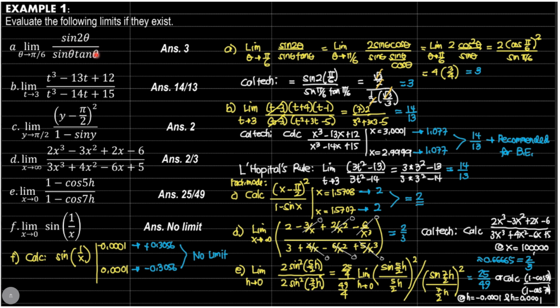That's the calculator technique. That is sine of 2 times pi over 6 divided by sine of quantity pi over 6 tangent of pi over 6. And using your calculator, it will give you 3. Although in this case, I still simplify it into sine of pi over 3, which is square root of 3 over 2, over sine pi over 6, 1/2, and tangent pi over 6, square root of 3 over 3. Cancel square root of 3, cancel 2. This 3 becomes the numerator, so that's why the answer is 3.